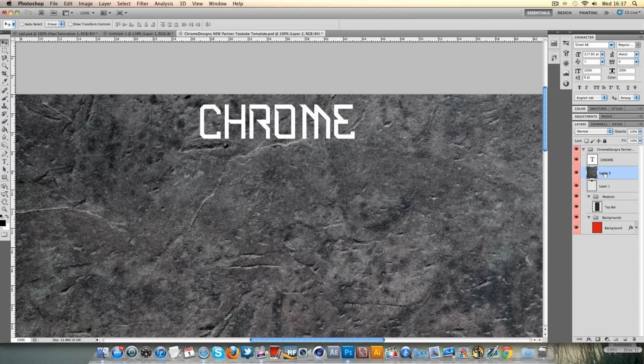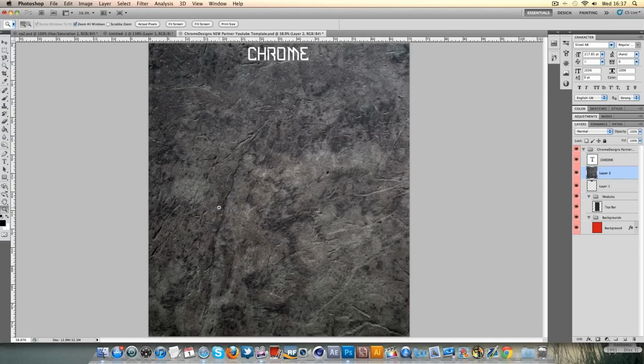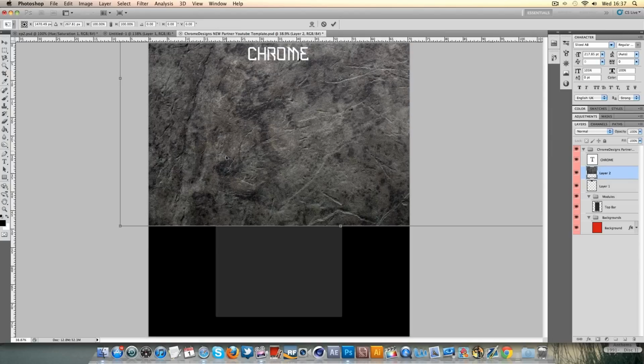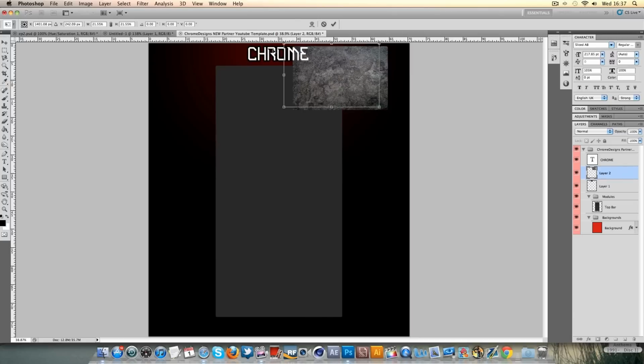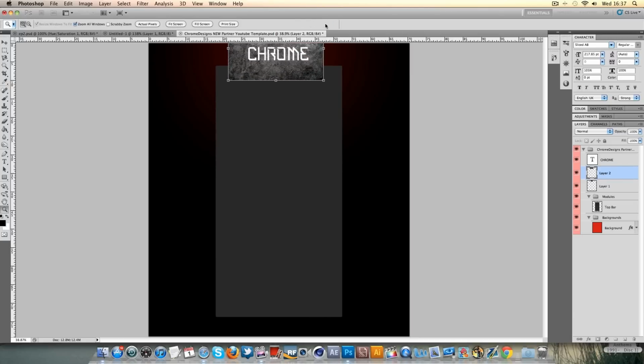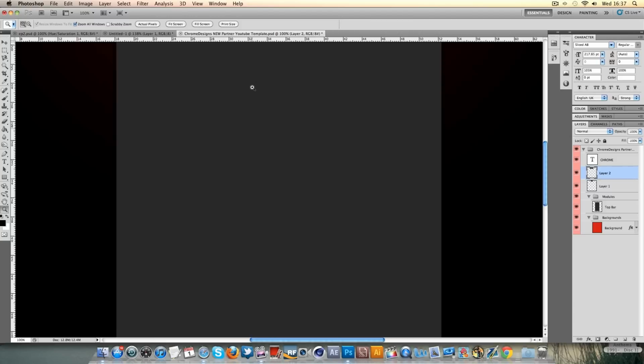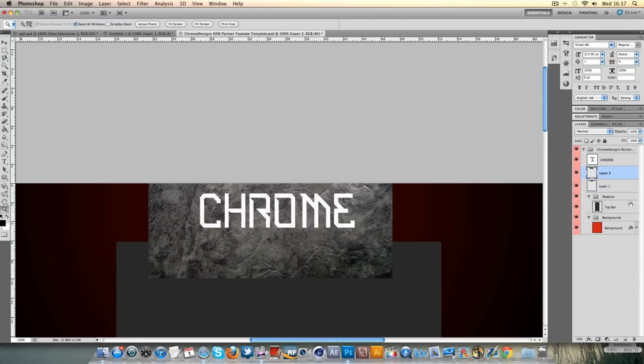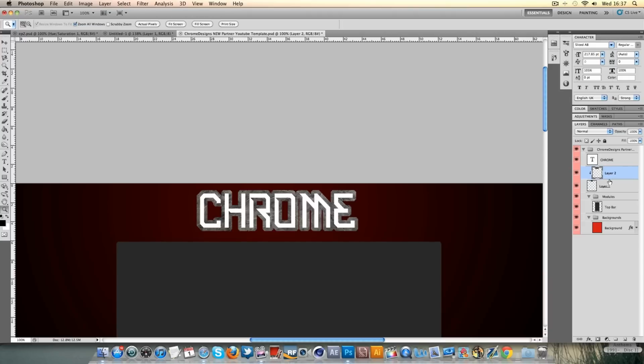So we're going to go ahead and Control V that in, and that is actually a lot larger than the one I kind of used to make this, but nevertheless we'll work with it, and we'll just overlay it onto the text, actual pixels. I'm just going to hit Alt, and in between these two layers here, I'm just going to click, and you see the little white and black circle. I'm going to create a clipping mask, and you'll see it will overlay onto the Chrome,